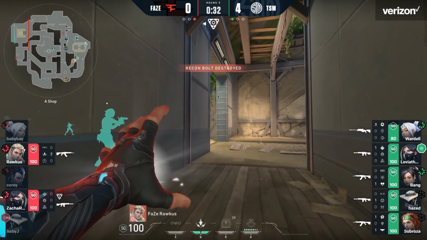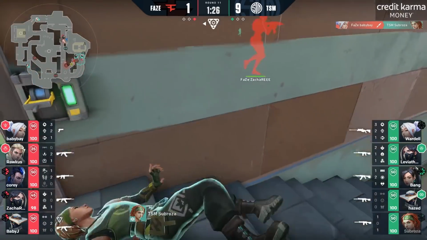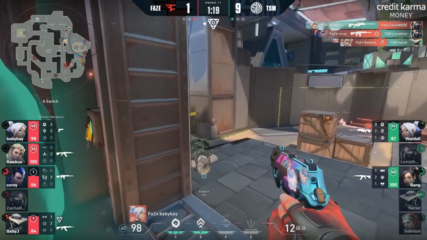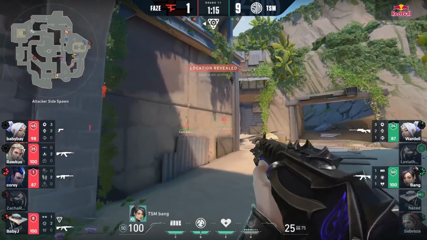So how do you take hallway? Well, there are several ways you can go about it. You can either smoke double doors, place a Killjoy turret down and fight along with it. You can walk up and Sage wall it off, or even double swing it with a teammate and fight it with them. Hallway is so important that the entire round can sometimes depend on whether or not you can gain